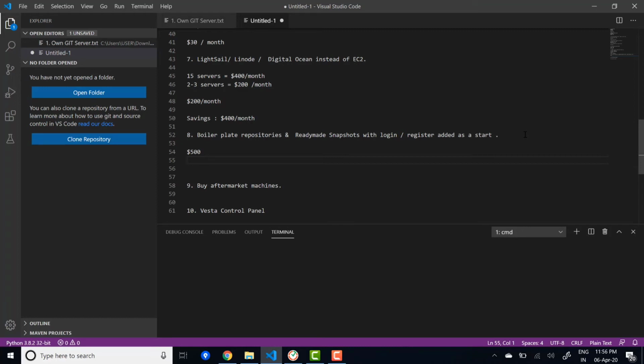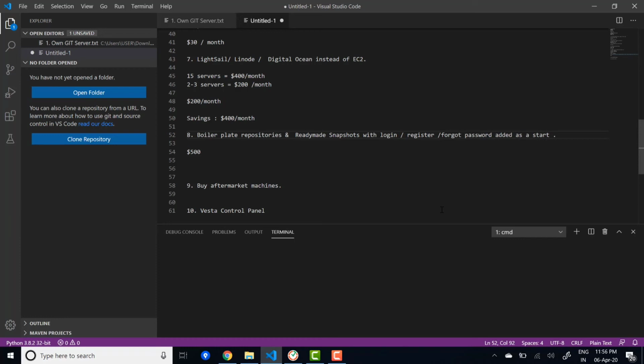So this boilerplate code makes us one step ahead in starting the project, and we can easily start working on the core modules of the project, and not again put our brains into all this login and register thing. Maybe forgot password and all this stuff, right? So it really changes. You just have to change the logo and the color theme, and you are good to go.